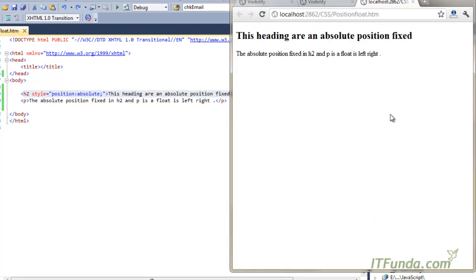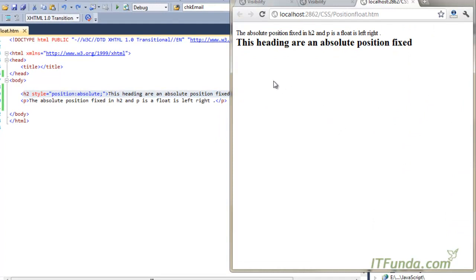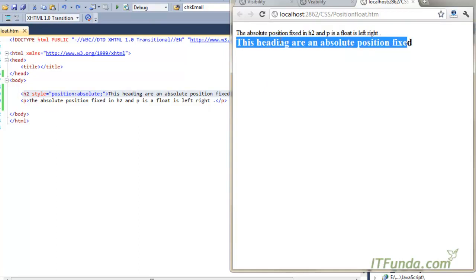So when I refresh this, you can see that the actual position of this H2 was here, and the position of the paragraph was after the heading, but because the heading position is absolute, this paragraph is not even caring about the H2 tag. It is simply going at the top.